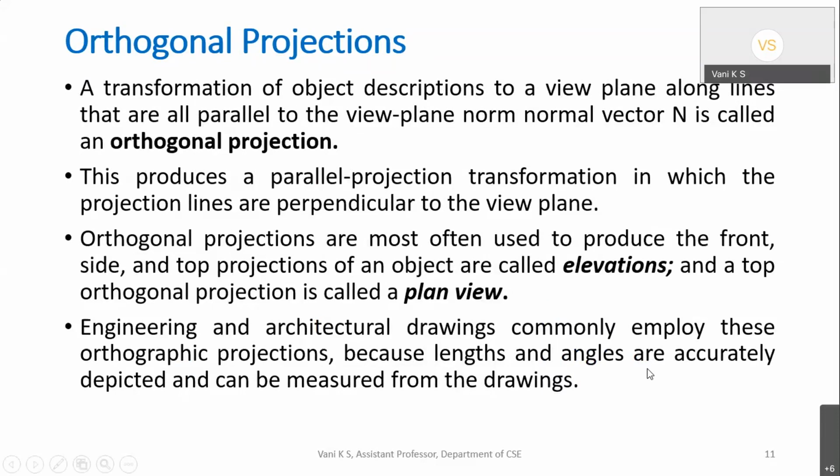Let me show you an example. Remember this. In parallel projections, the projecting lines will be parallel, definitely. But these projecting lines will be perpendicular to the view plane. Let me show you with a diagram, you will understand, I think. Then where are these types of projection used? These are normally used when you have an architect and you tell them to construct the top view, side view, the front view of a house or something, the elevations, as we call them. So this is where these orthogonal projections come into the picture.